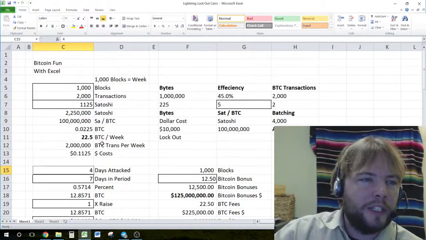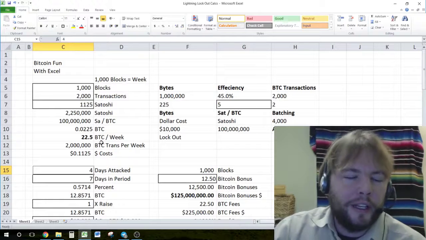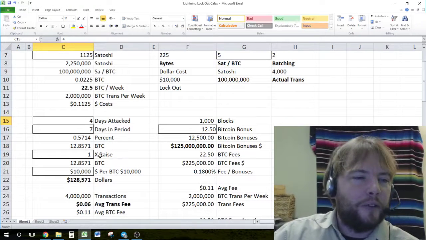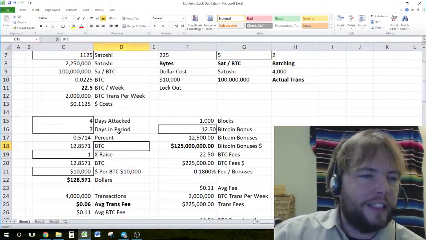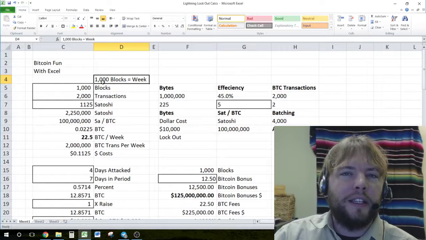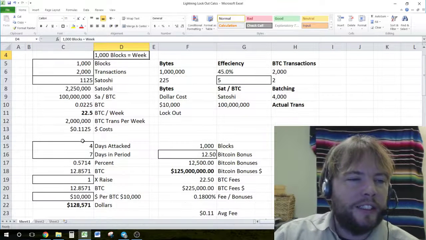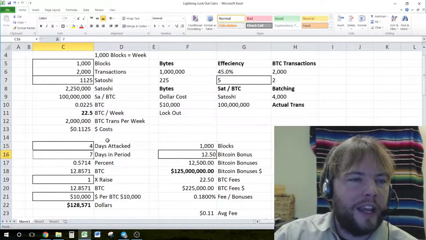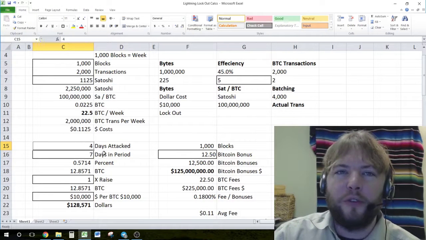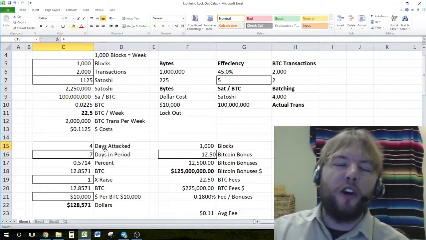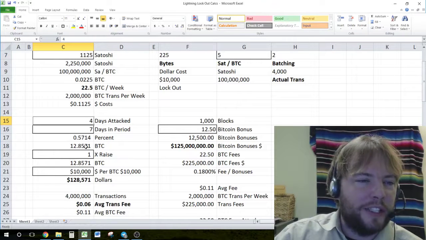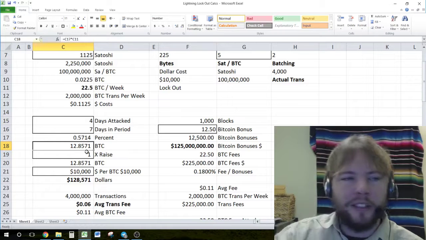Now I'm going to deal with an attack on Bitcoin, or an attack on the Lightning Network. For this analysis, I'm going to say the attacker is attacking with the goal of disrupting the Lightning Network, and he's attacking over a 4-day period, and it takes 7 days to disrupt the Lightning Network. So he's attacking for 4 days, and then effectively hoping that the snowball effect carries him through those last 3 days. In order to do this,